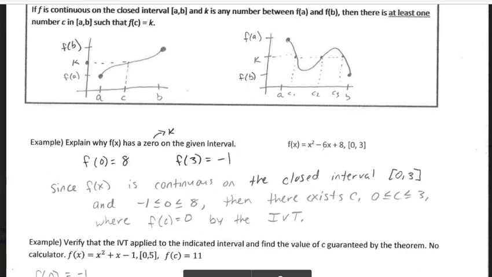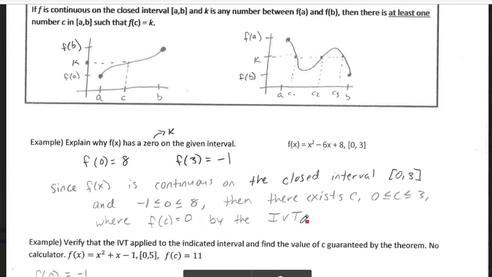Oh, I actually mixed that up. I should have done this the other way around. I should have done 8 first and -1 second, but it really says the same thing. So we'll just switch it. So f of b is less than or equal to 0 is less than or equal to 8. Then there exists a c on the interval from 0 to 3, where f of c equals 0 by the